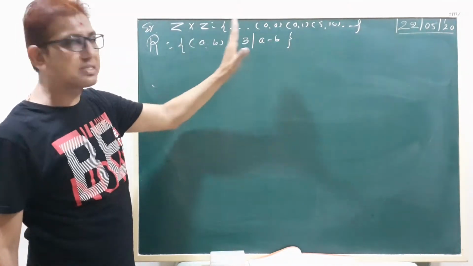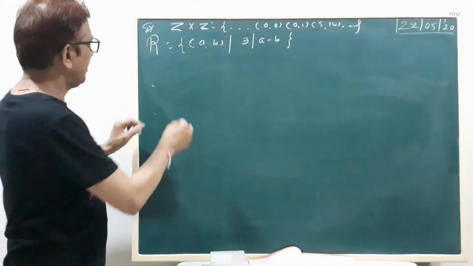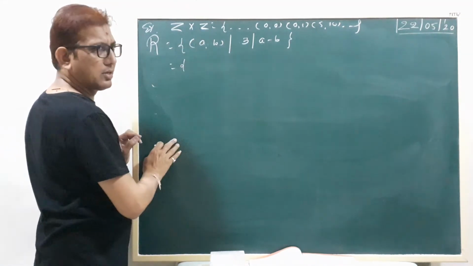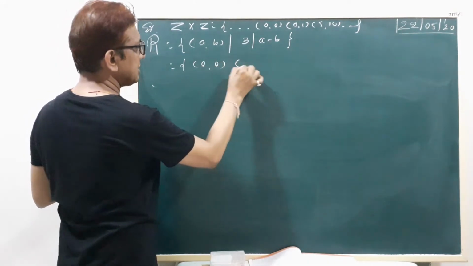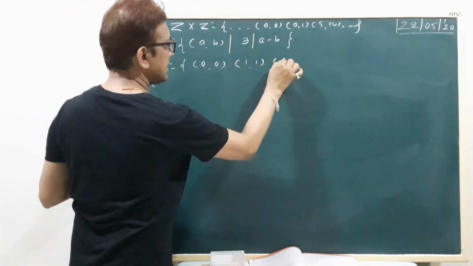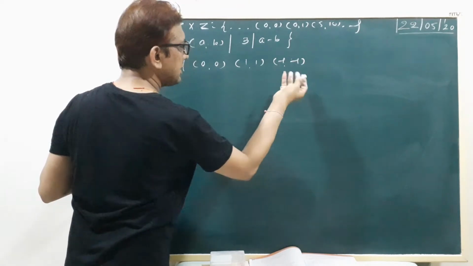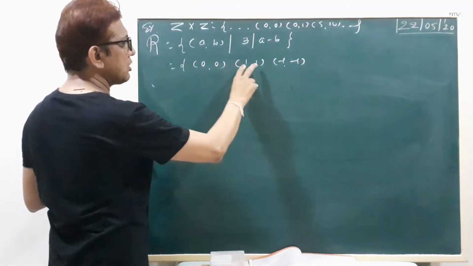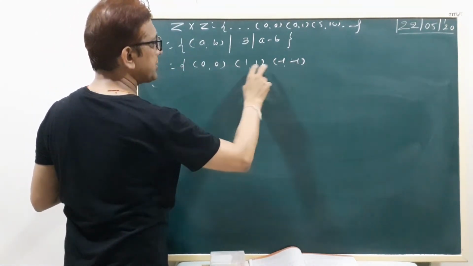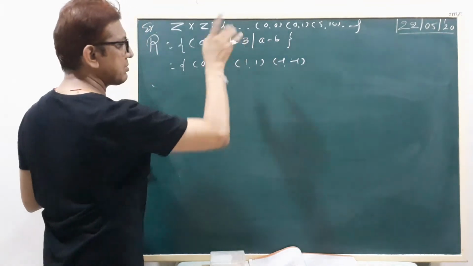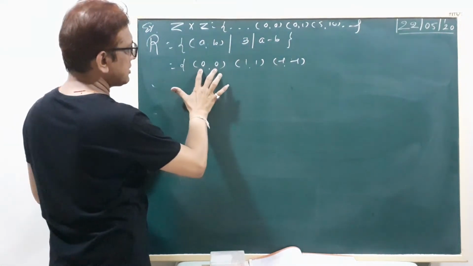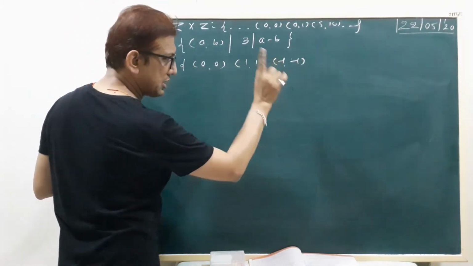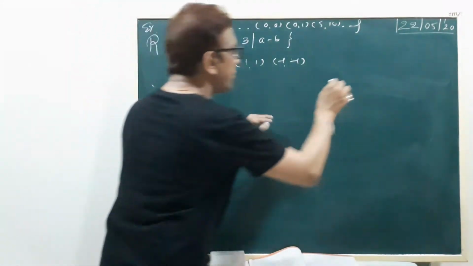A minus b is divisible by 3. Okay, we write here: is (0, 0) possible? Yeah. Is (1, 1) possible? Yeah. (-1, -1) possible? Yeah. Same elements are always possible because the subtraction of these two numbers is always 0, and 0 is divisible by any number. Clear? So here same elements (0, 0) are possible, so it satisfies